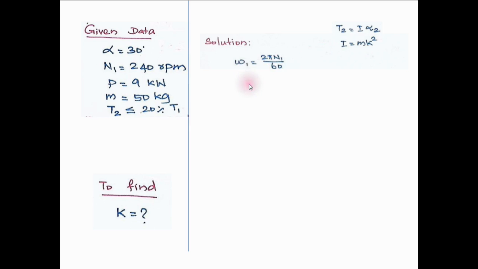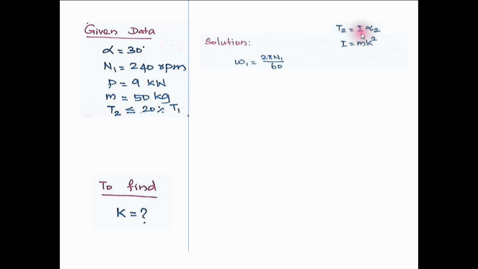In this question, I am going to find out the radius of gyration from this formula. The relation between the mass moment of inertia and the radius of gyration: I is the mass moment of inertia, m is the mass of the object and k is the radius of gyration. To get the radius of gyration, I need mass and mass moment of inertia. Mass is already given in the question, that is 50 kg. So I need to determine the I value.